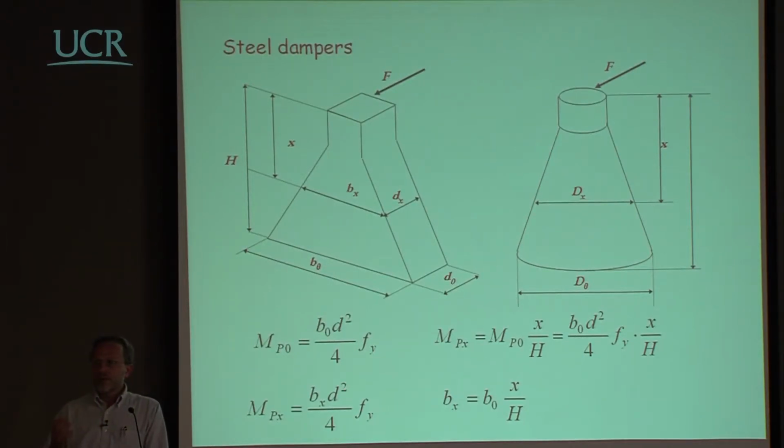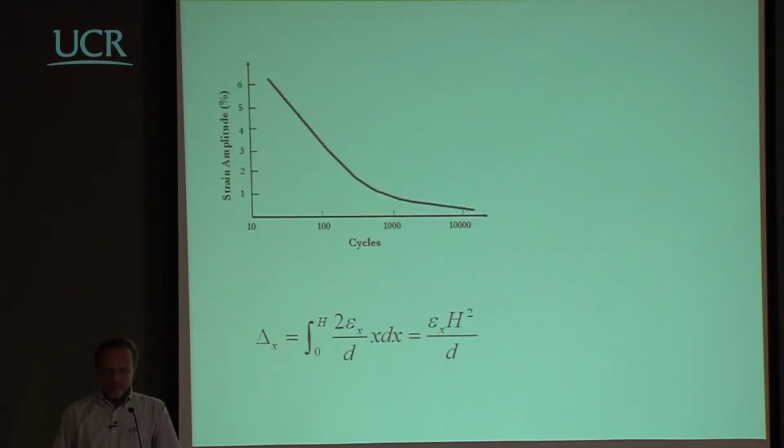So if you have something where you have a cantilever, you should have some shape which is a tapered shape in such a way that you have a lower moment here, a larger moment here. You try to have most of the steel participating in the dissipation. And of course, you could design different shapes and even more complex things. But what you should look at is the strain amplitude as a function of the number of cycles. For earthquakes, you probably stay in the range of certainly less than 100 cycles. So you could go to something like 4% or so